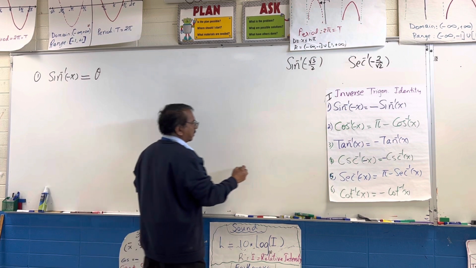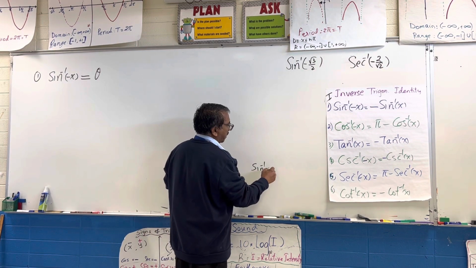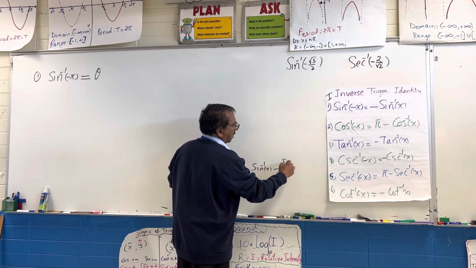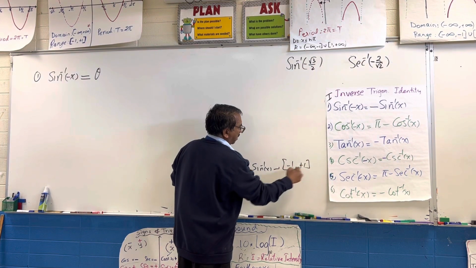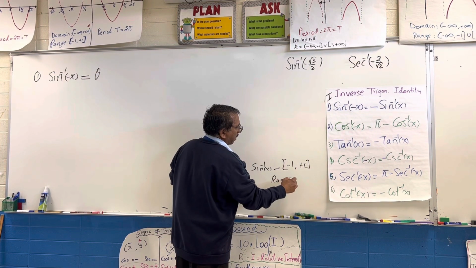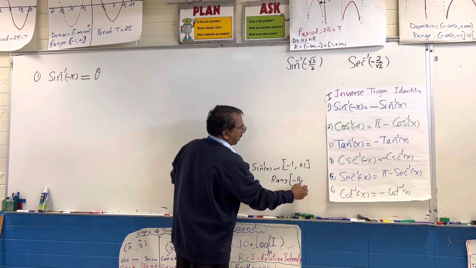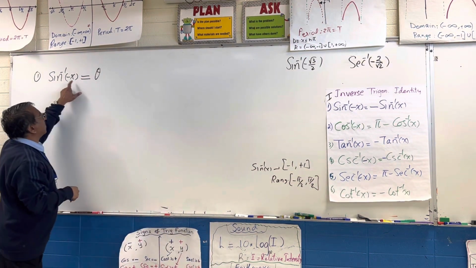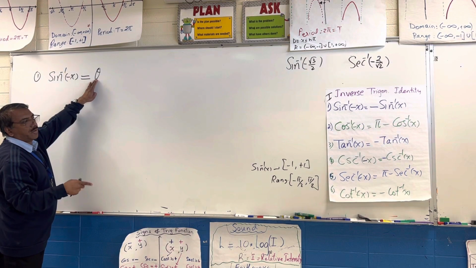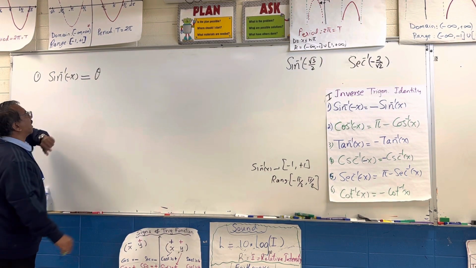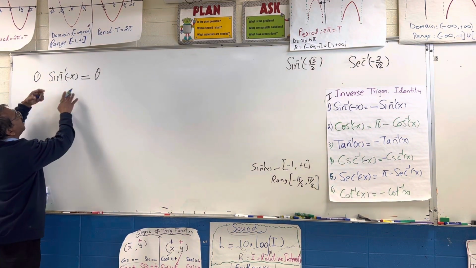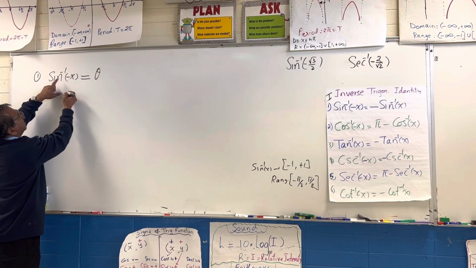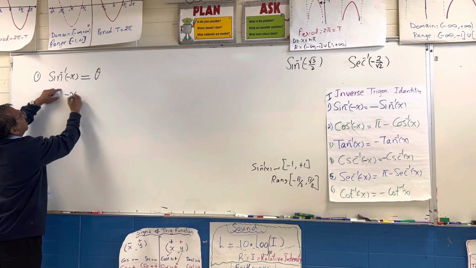The domain of sine inverse of x is minus 1 to plus 1, and the range is minus pi by 2 to pi by 2, so the angle has to be from minus 90 to plus 90. First step, by definition of sine inverse, we can write this as negative x equals